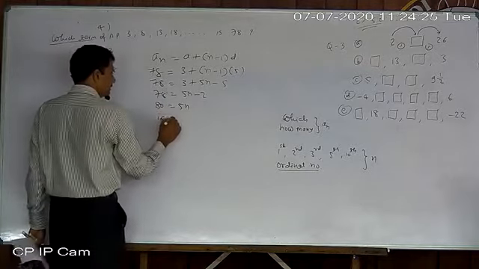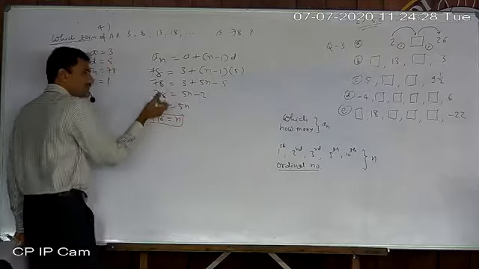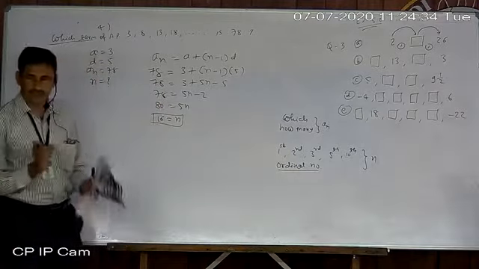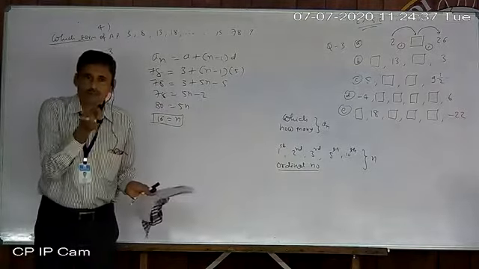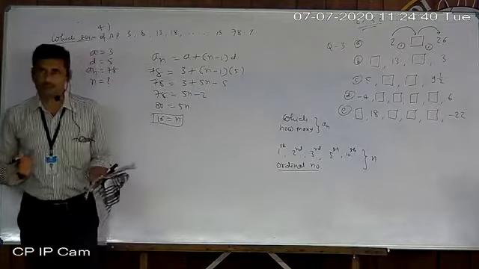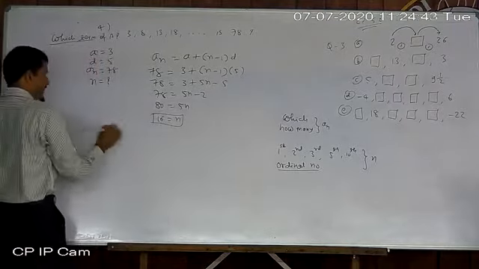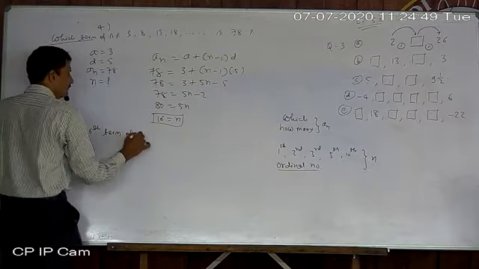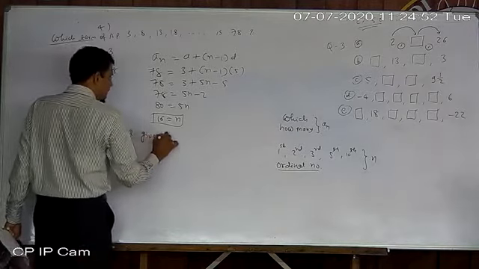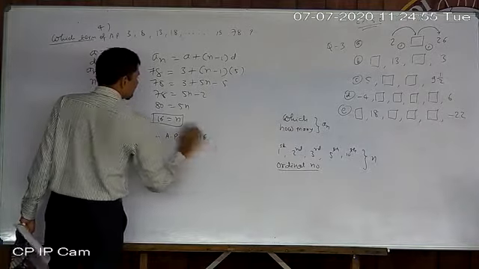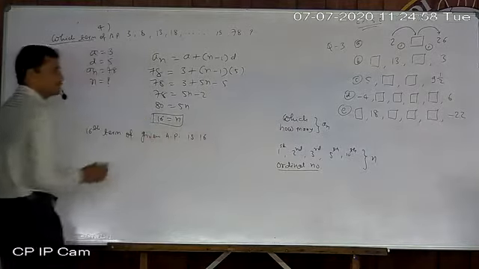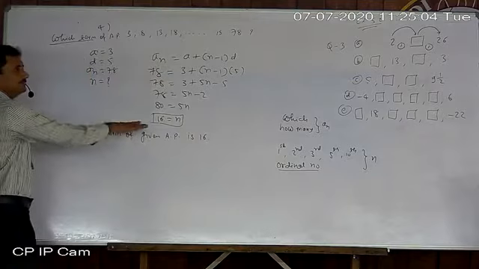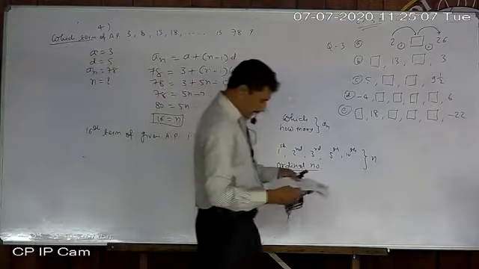80 upon 5, 16. I am not showing the in-between steps here: 78 plus 2, 80, 80 divided by 5, 16. In 10th standard, you can write this directly, because those are basic steps, no need to show them. Okay, so now you can write the final answer: the 16th term of the given AP is 16. Mostly we give the answer in a statement. Okay, so you understand. Now look at next number 5.